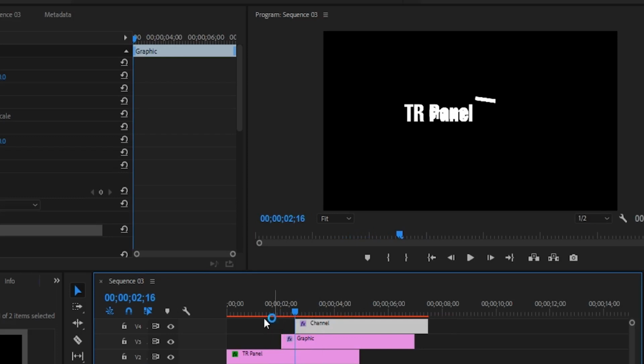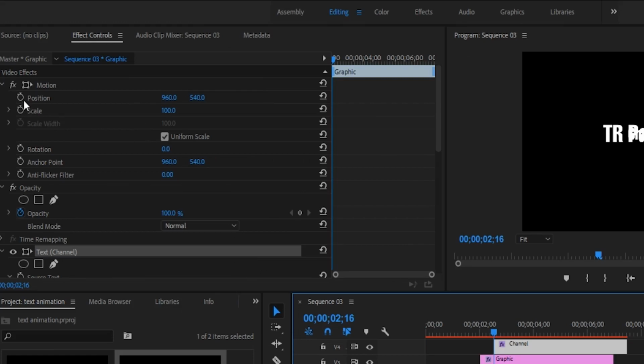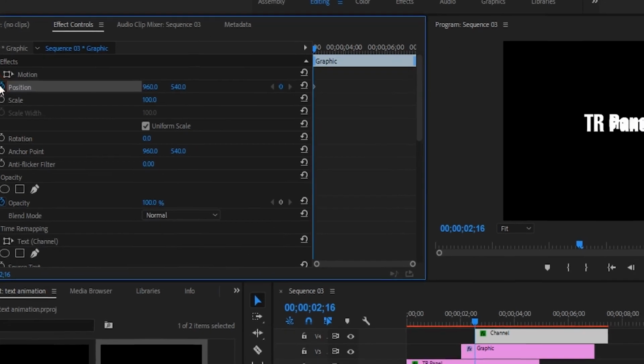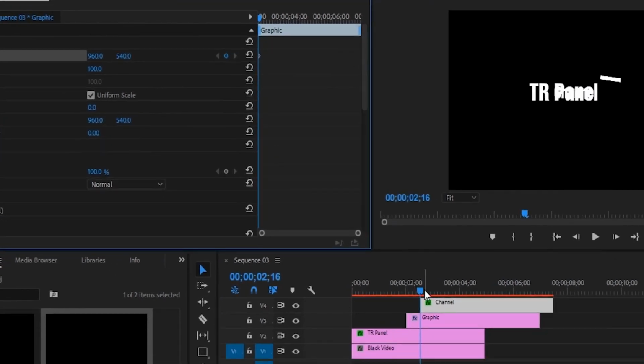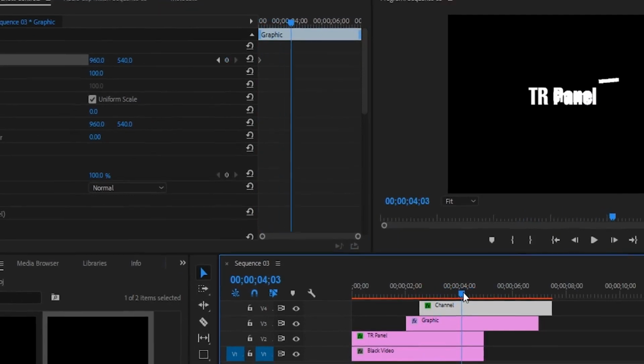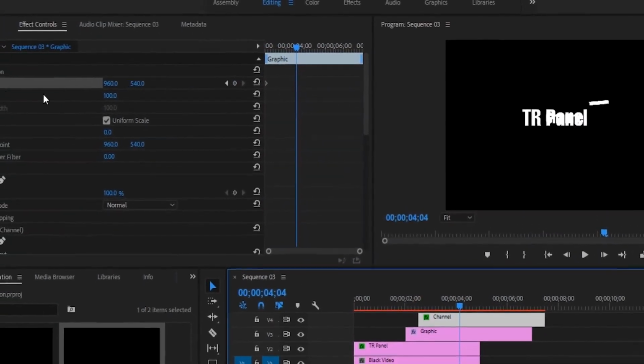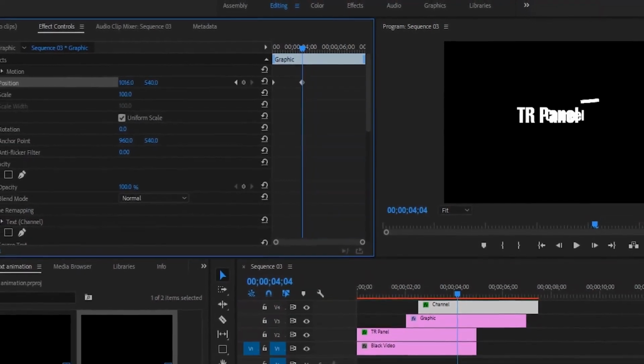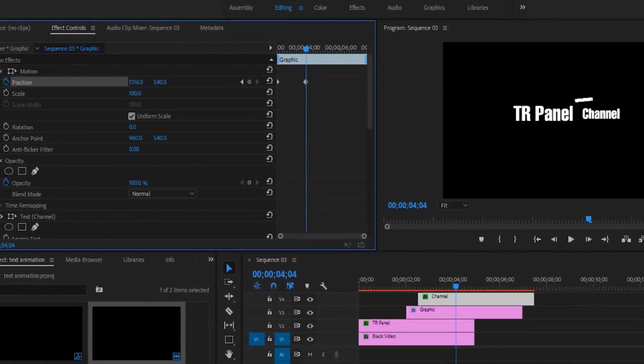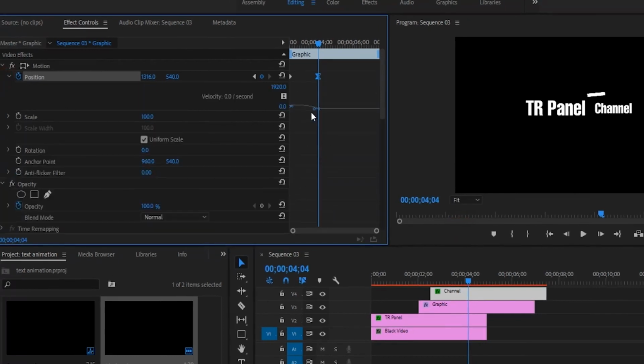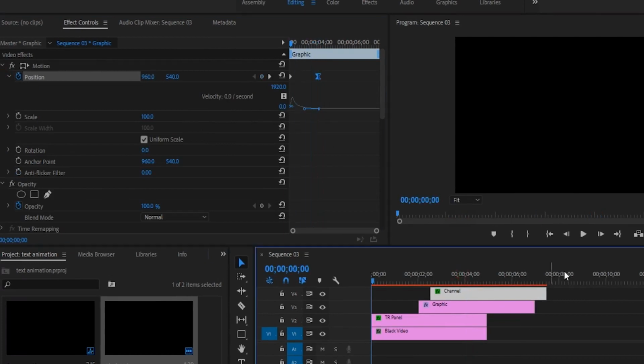Now next step is to add animation on it. Select this layer and then enable this position keyframe. Again move forward to 2 seconds. Something here. Now change your position like this. Now you can see. If you again right click on this keyframe and then ease in. Select this arrow. Now take it backward. If you play the animation,